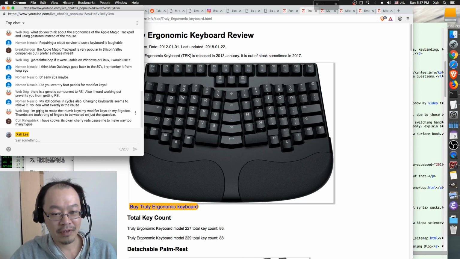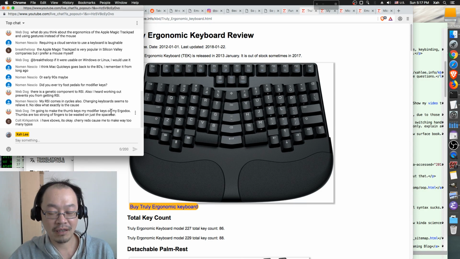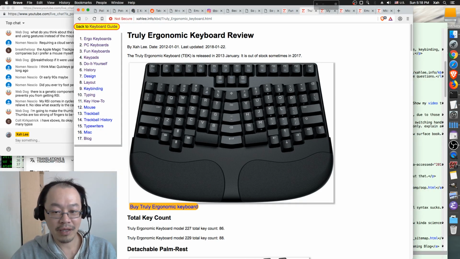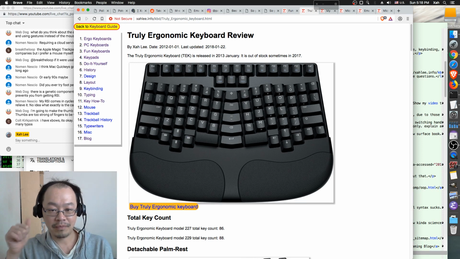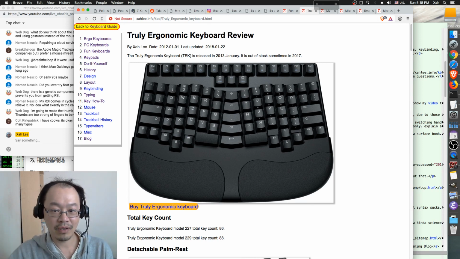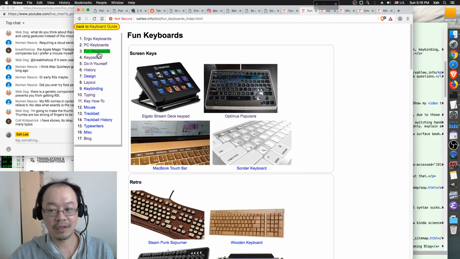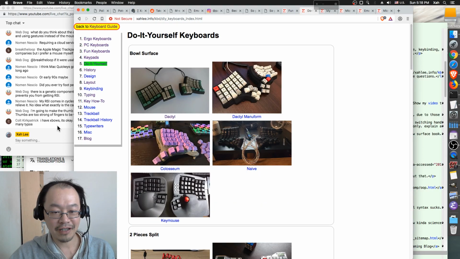So WebDog says, I'm going to make the thumb keys my modifier keys on the ergodox. Okay, thumbs are too strong of fingers to be wasted on just the spacebar. Okay, there's one thing I want to say about using the thumb. Hi Kirk, great to see you.